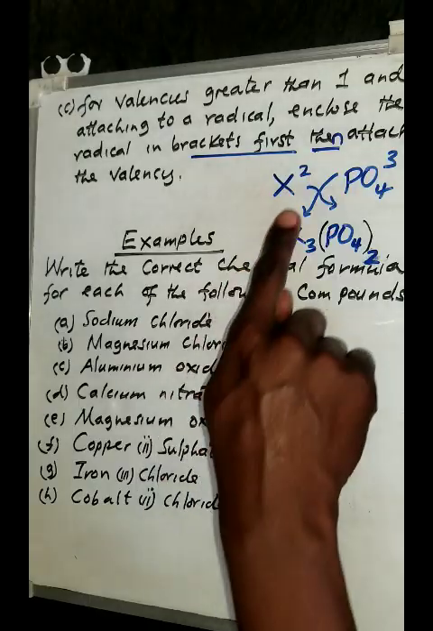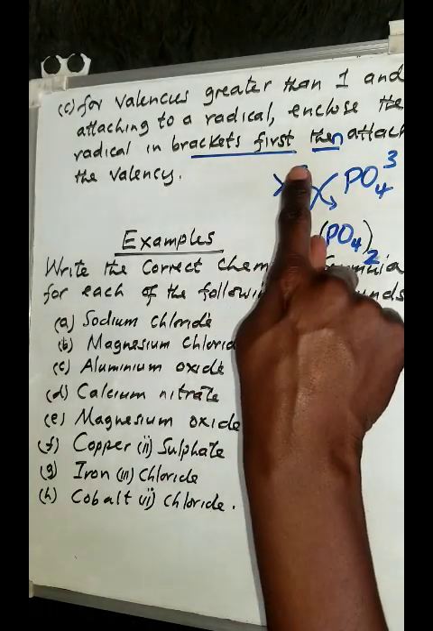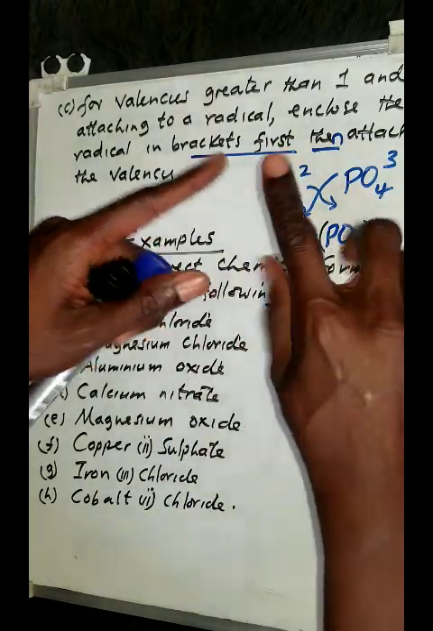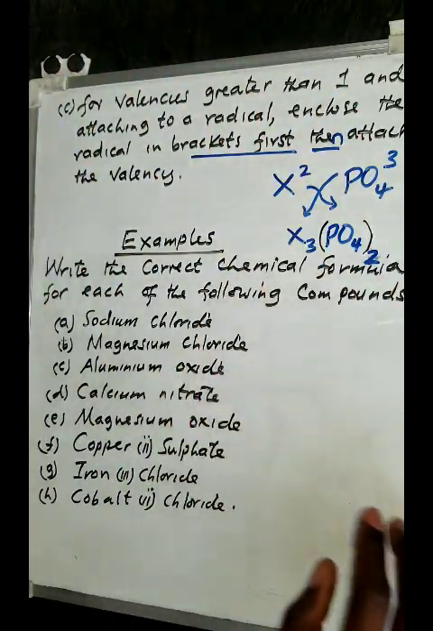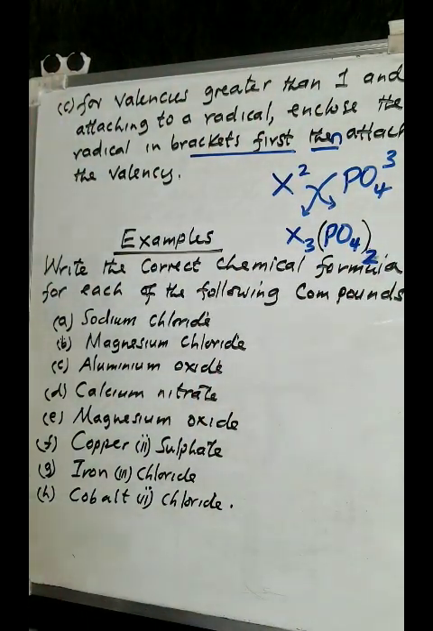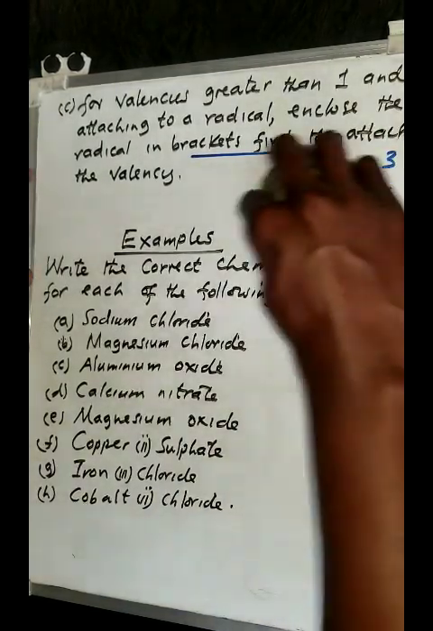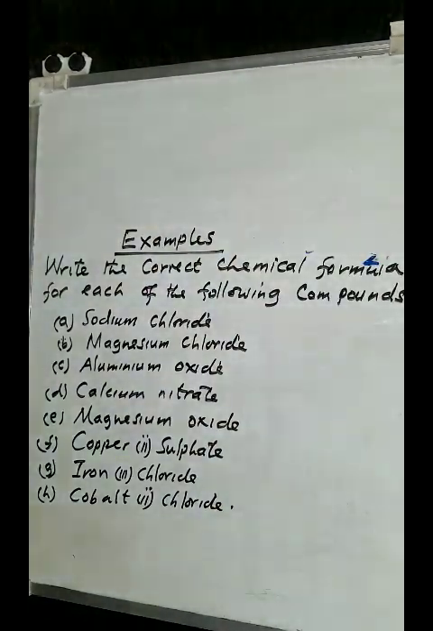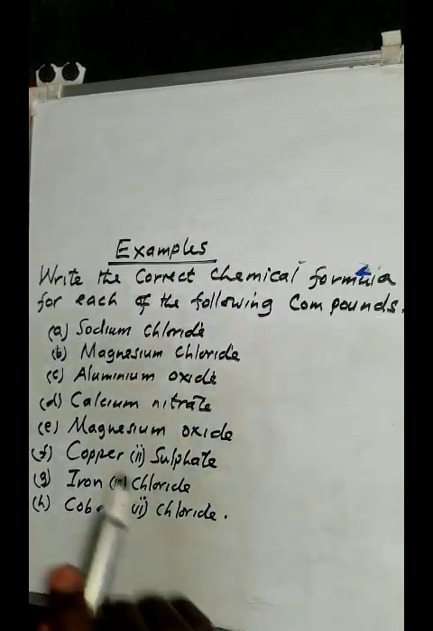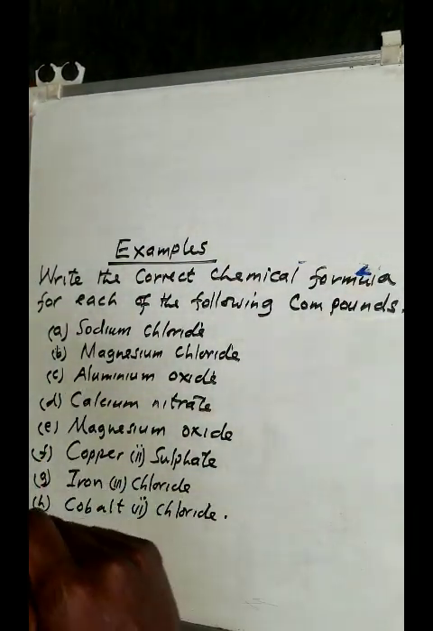So each time a number greater than 1 is attaching to the radical, first of all put that whole radical in brackets, then that's when you attach your valency. So that's the key concept. Now let's see how we can actually apply these points that we have looked at by looking at these examples. So it says okay, so